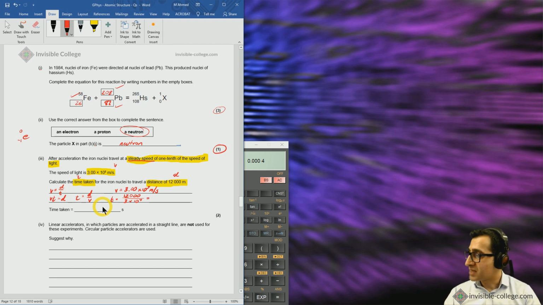So 4 times 10 to the power minus 4 seconds. So this is a 2-mark question, and yes, I'm somewhat belaboring the point about how to go about this,